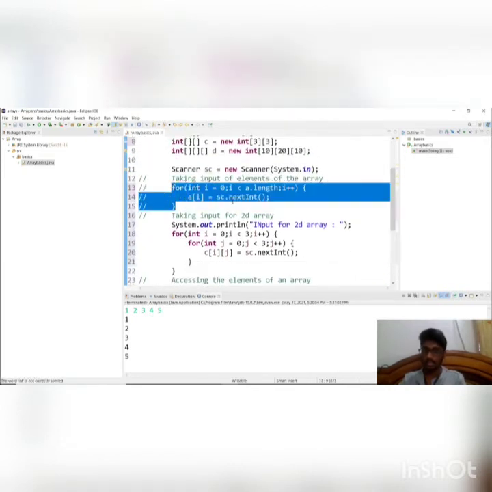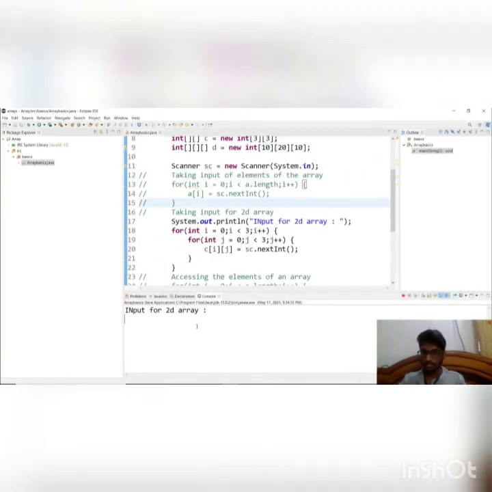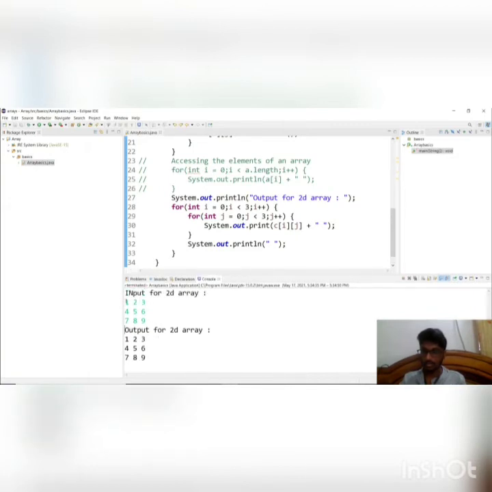Let's not take the input for the 1D array for now. Now let's run the code. Here it is asking for the input for the 2D array. As you can see, it is printing the output of the 2D array which we gave as input.